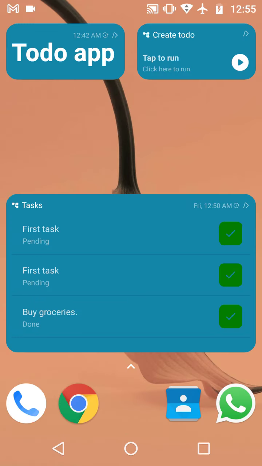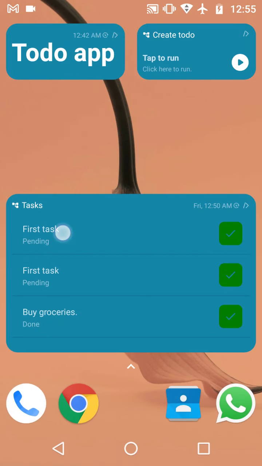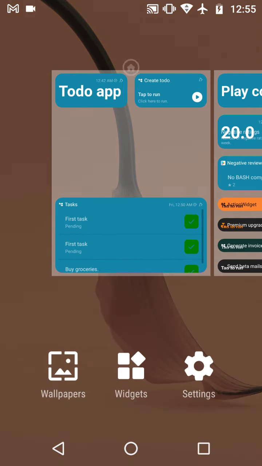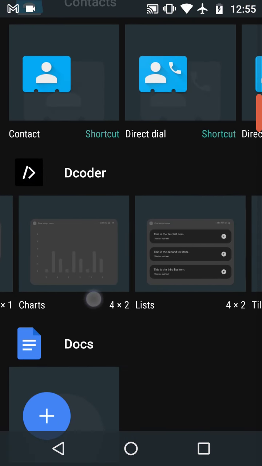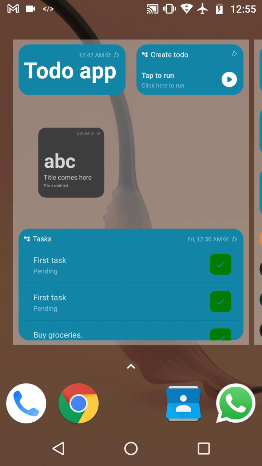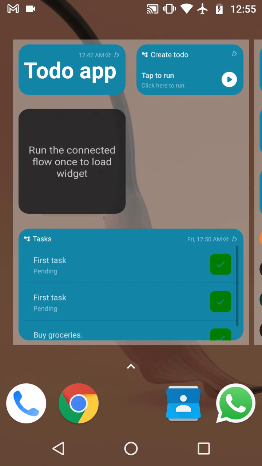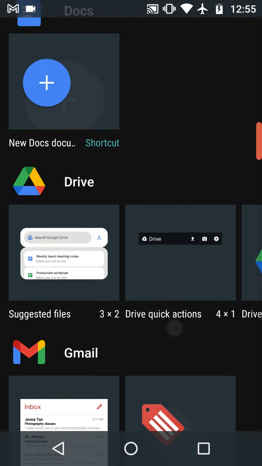Let's go out of the app. Now remove this app. I'm gonna need to make this a little bit smaller for now to add those two extra widgets. Drag and drop this widget and select the pending task one first, and then select the completed one.